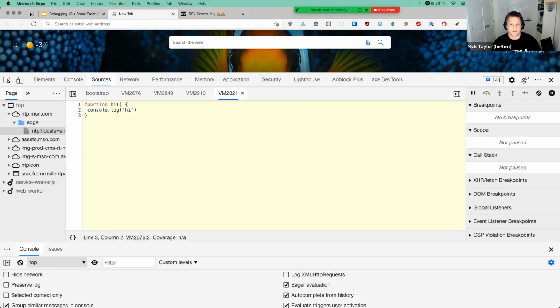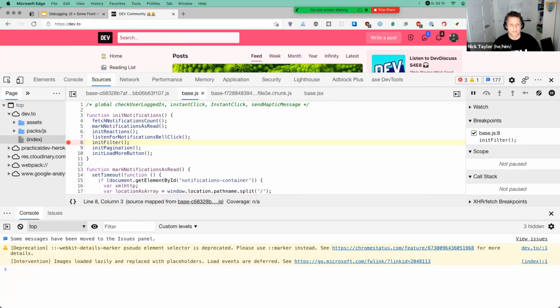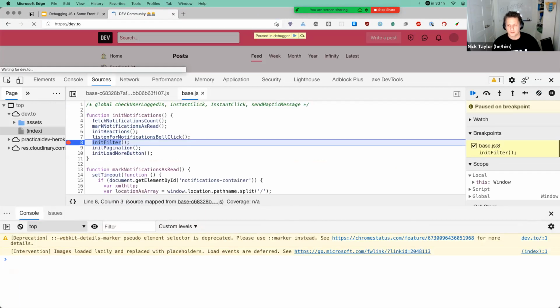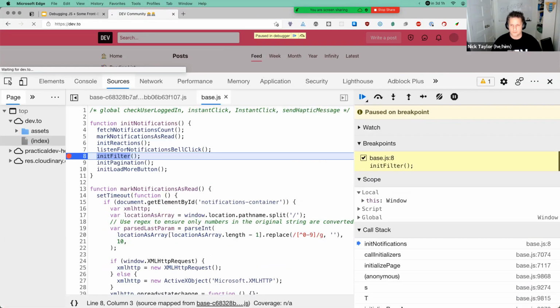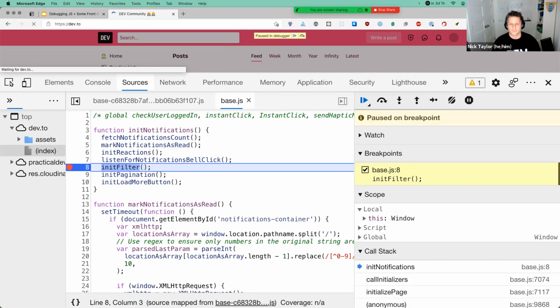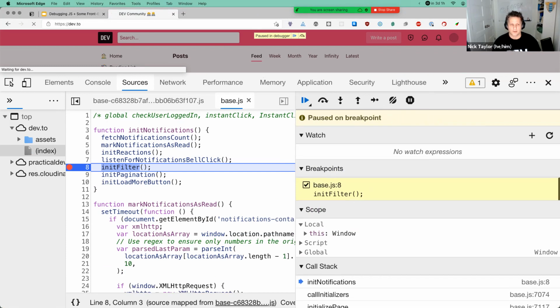So let's go take a peek here. Let me come back to the dev code. So I'm going to put a breakpoint here. I'm going to refresh the page again. Okay, so I'm just going to stretch over here and I'll zoom it in a bit. You're going to see here, there's a few things. You can add watches here, and what watches are like, you know, what is some particular piece of code, what's its value at this time. So you can come in here and say like window dot